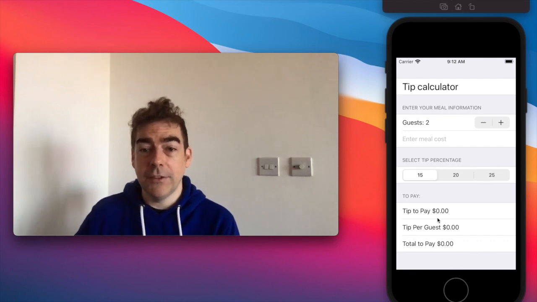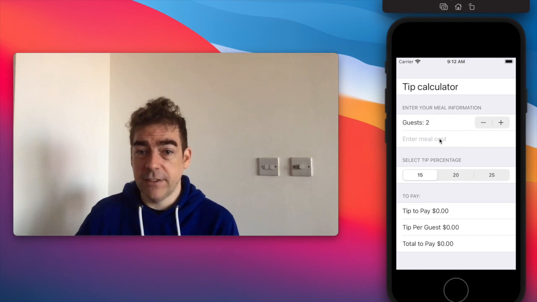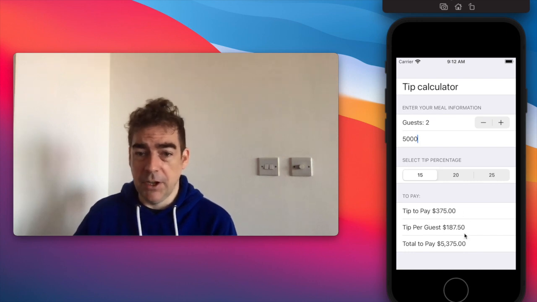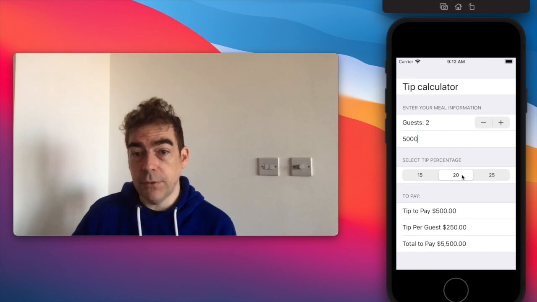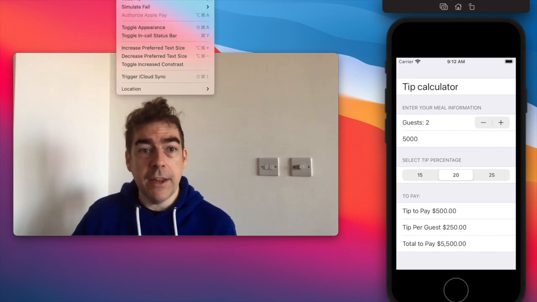So the idea here is we're creating a simple tip calculator. Enter the amount of guests and enter the amount of a meal, and it comes up with the tip to pay, tip per guest, etc. And you can change the tip percentage. Hopefully nothing too exciting there, but if I